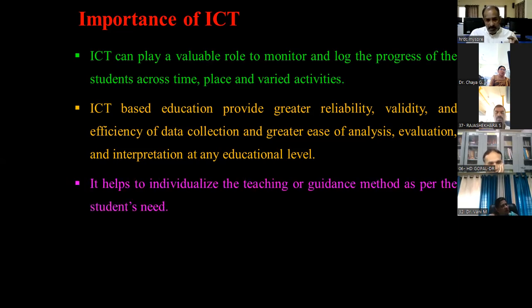The next point is that it helps to individualize the teaching or guidance method as per the student's need. I will cover this when I take up e-learning. In a class of 60 students, you cannot expect that all students will receive the lecture with the same spirit or the same grasping level.